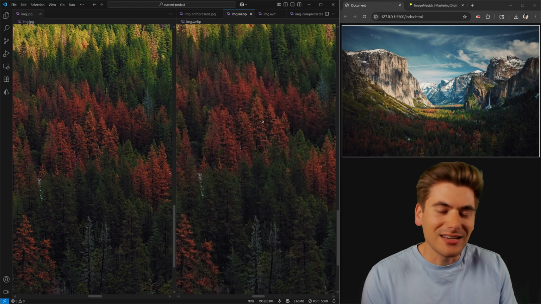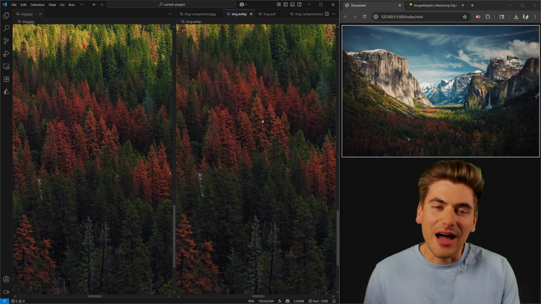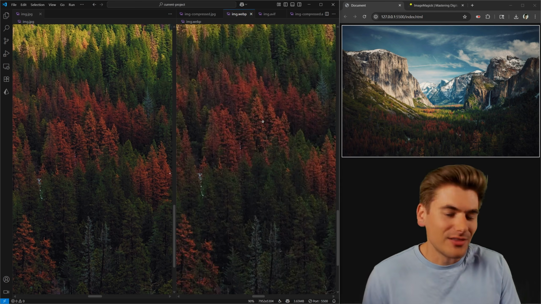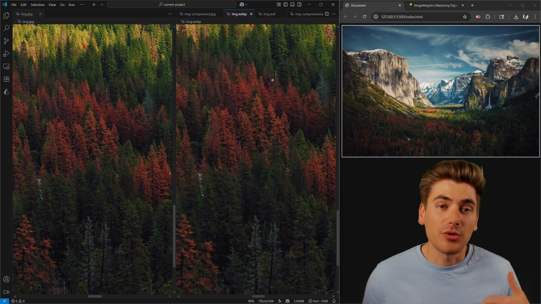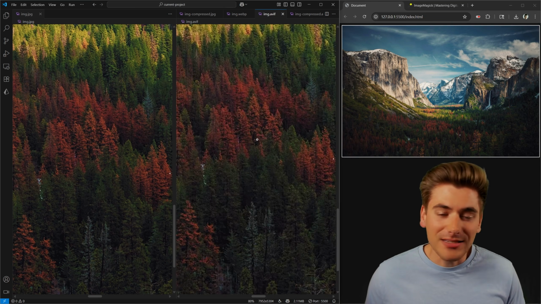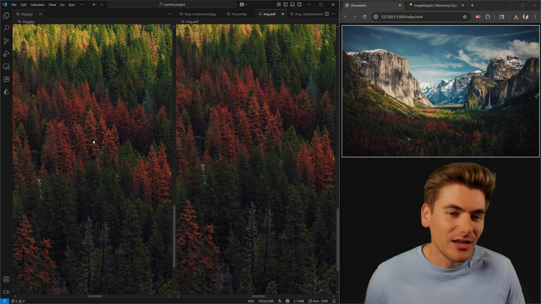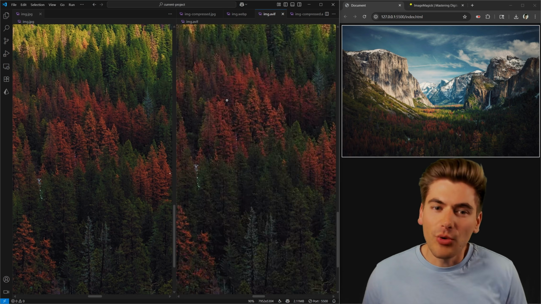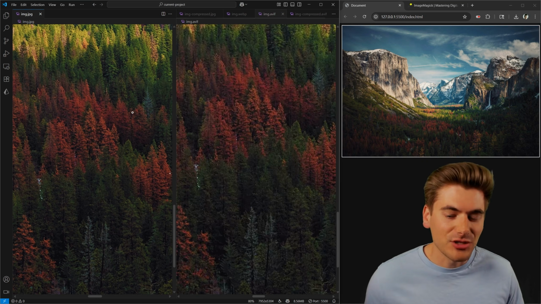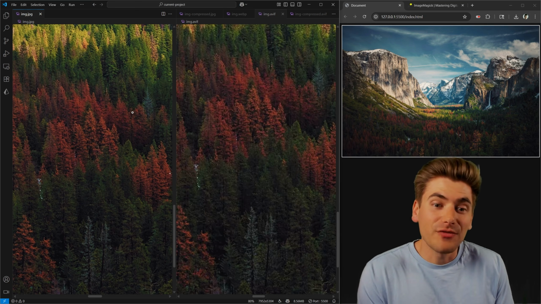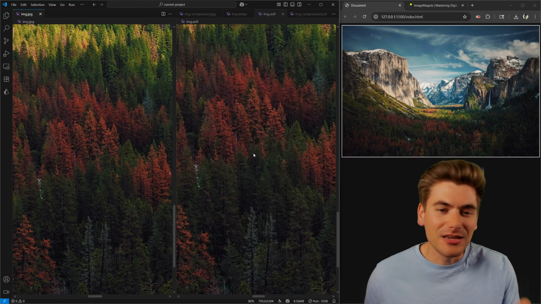But we can actually take that another step by using the AVIF format, which is an even newer version of this WebP kind of style format. This is a newer format that again is meant to even replace WebP, and it's even better at compression. And now if we look at this example, it's actually very difficult to tell the difference between this right side image and the left hand side image. And as you can see, this is incredibly zoomed in, but this right hand side image is only 2.1 megabytes, while the left hand side image is 8.5 megabytes. So we're able to reduce the size of our image down to 25% of the original size while keeping nearly